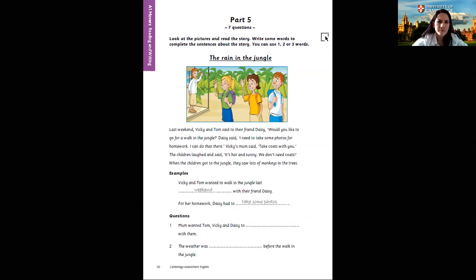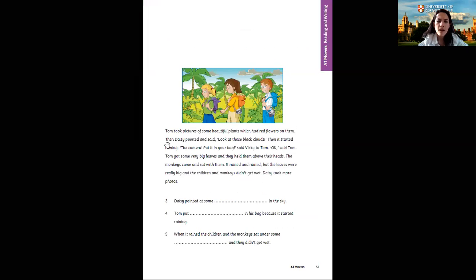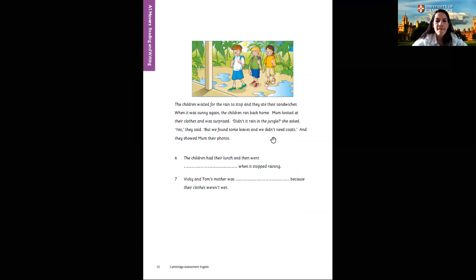Let's check the next exercise, okay? In this case, you have the second part of the story, you have to read it, you have to continue imagining in your head, okay? You have to find something similar in the text and make a logical sentence, okay? You have to do the same with number 3, 4, and 5, and the same with number 6 and 7, okay? That is the only thing that you have to do. Well,